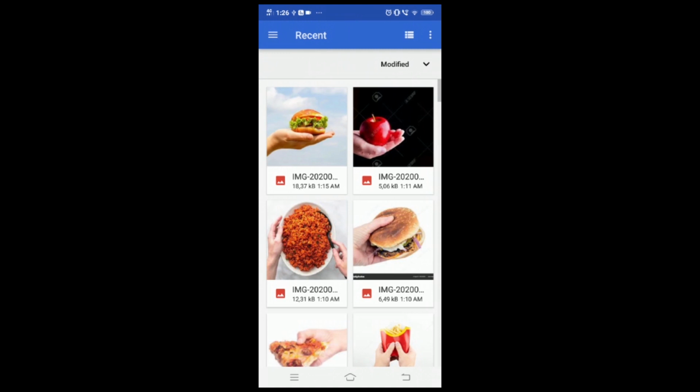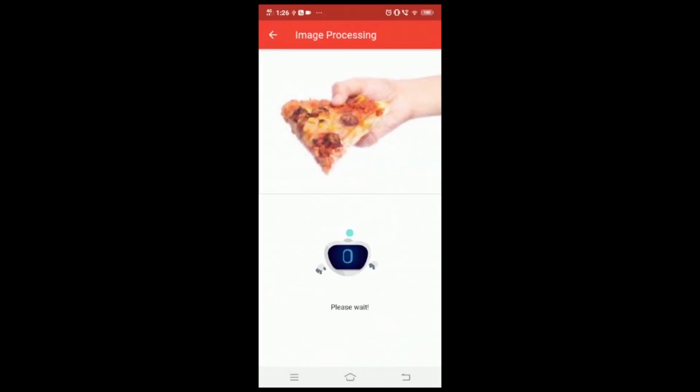And lastly, I'll show you a pizza slice. So this is how you can track the daily nutritional content which you are consuming.